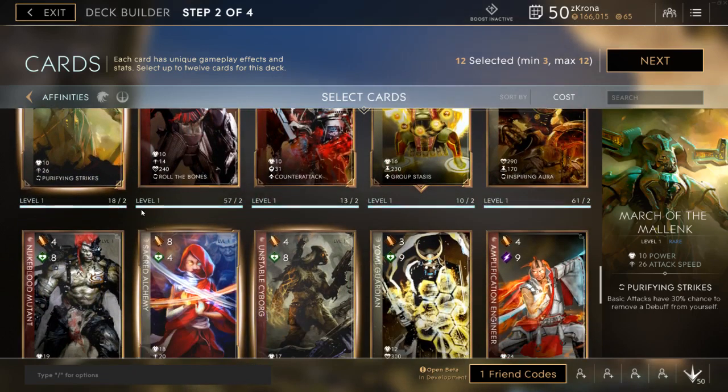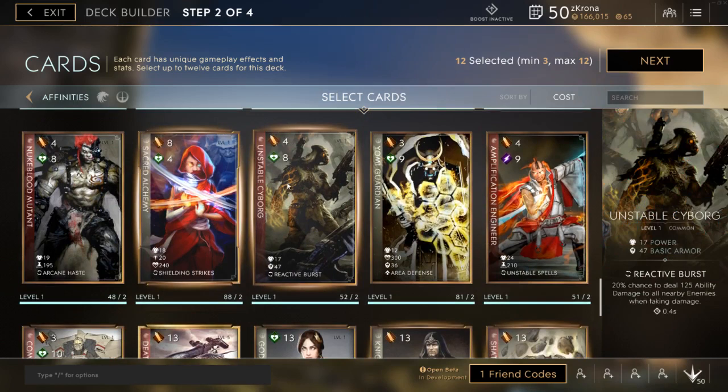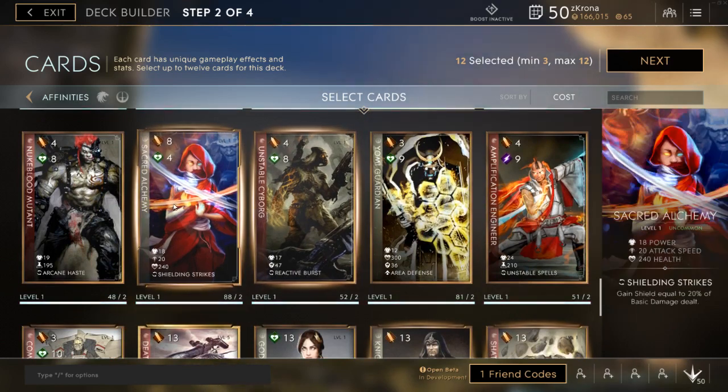We're gonna keep scrolling down. So these two cards right here pretty much make or break my build. So I got right here Sacred Alchemy, 18 power, 20 attack speed, 240 health. I would say that getting health on Wukong is a go-to. A lot of people may not think the same. I think it's really good on Wukong just because Wukong can stay in a fight long thanks to his